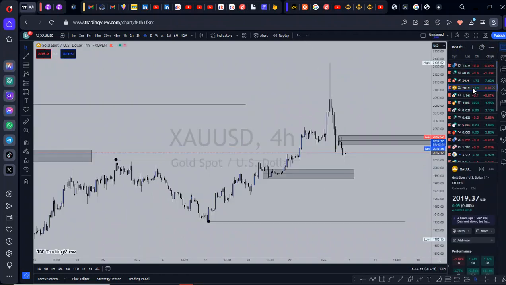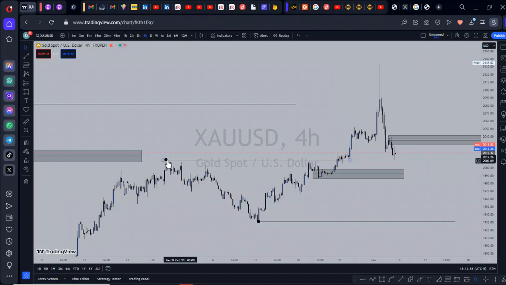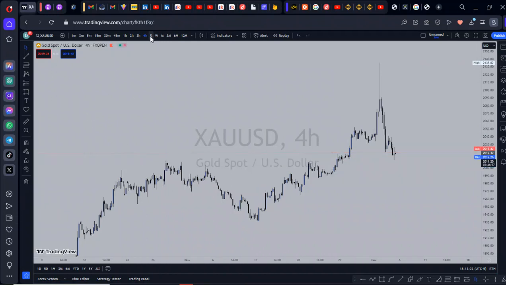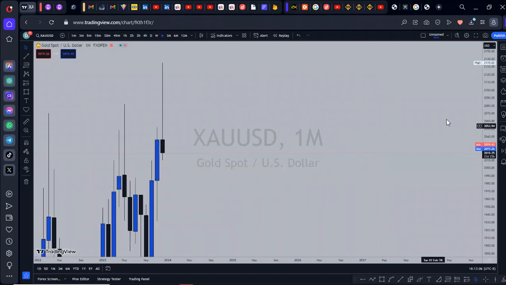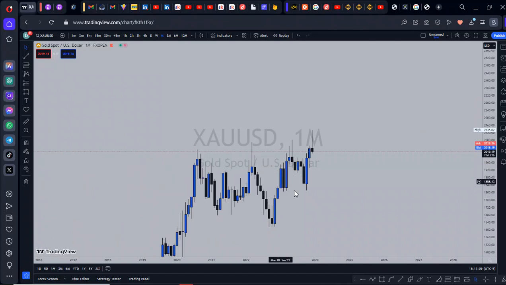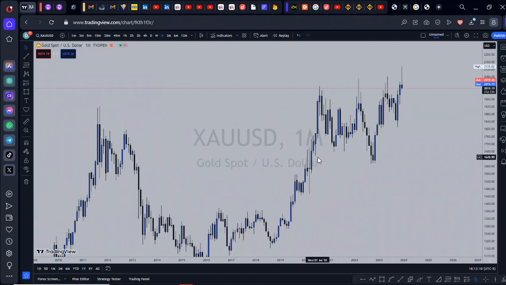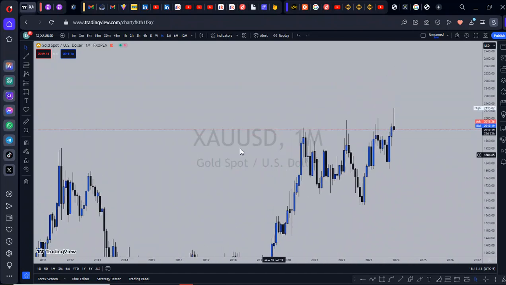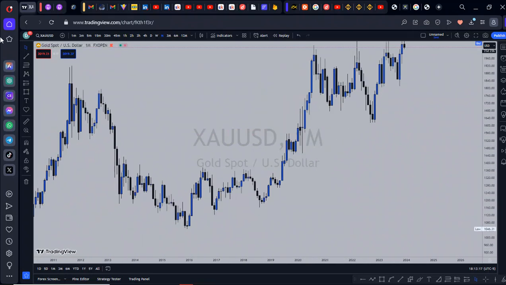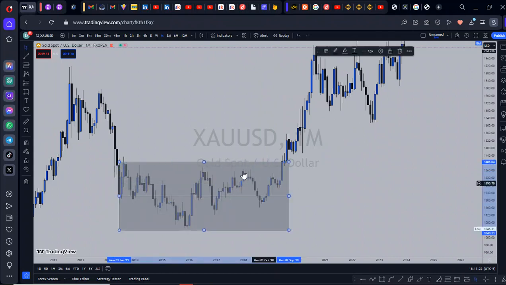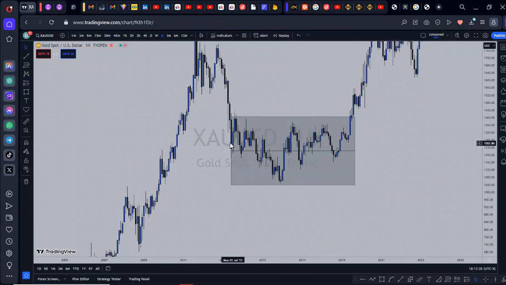Now we have gold right here, and I'll share my analysis again. We take this off right here, and we go to our monthly time frame. Now if you pay attention to gold on the monthly time frame, you can see that it's been bullish for a long time, and we range right here for a while. I think this is a reaccumulation phase, because if you see right here, it's accumulated at a very discount price, right? On a very discount price. So a Y curve accumulation from here.